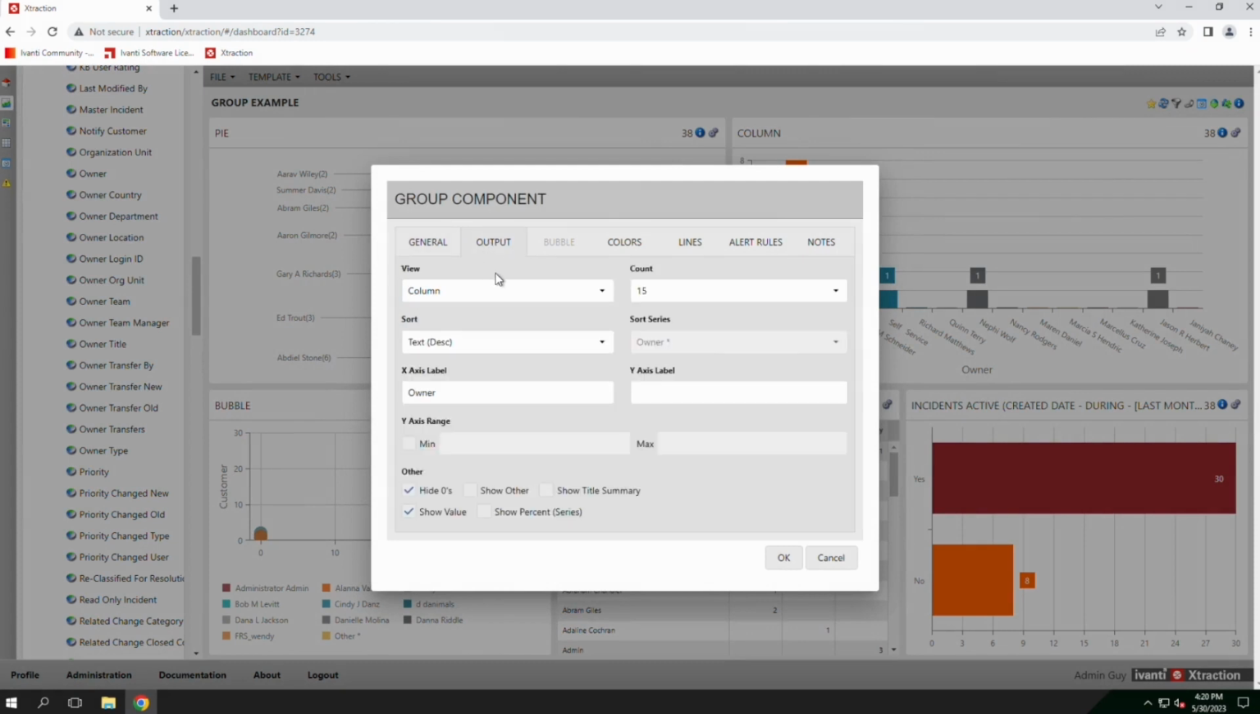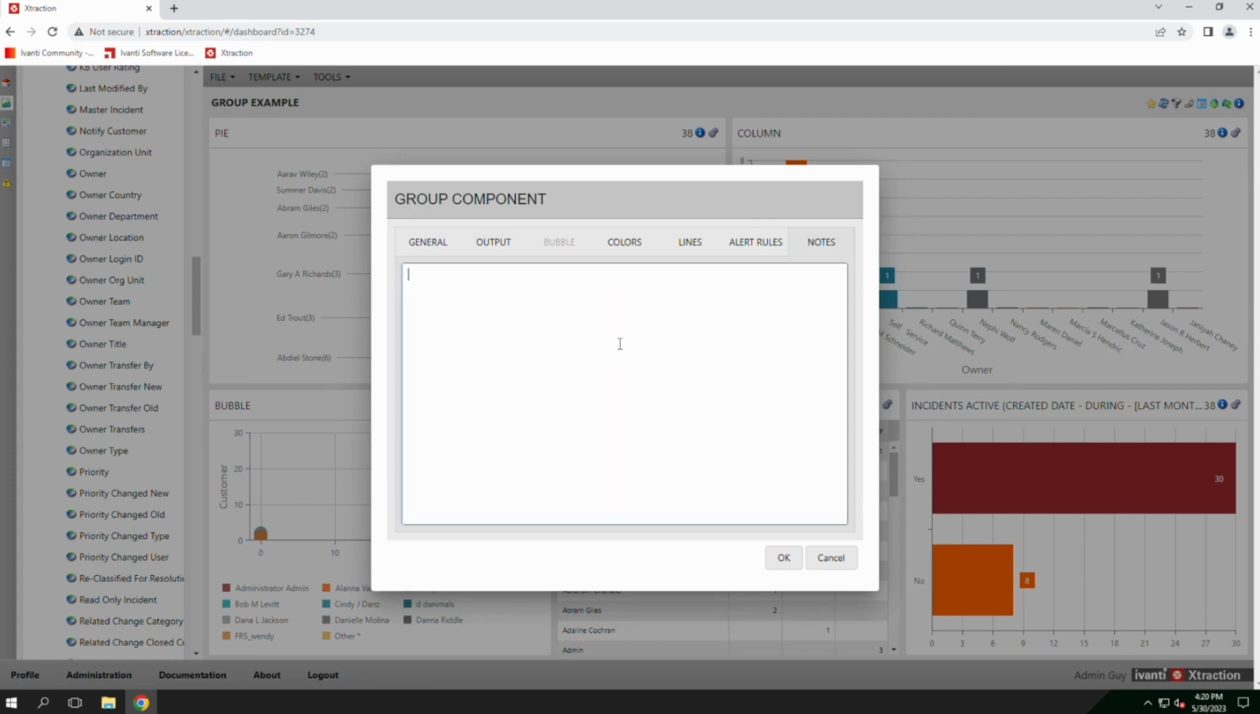Do that. We could put a line in there. We looked at that with the time components. We could put lines in there. The alert rules, we'll take a look at that one in another minute. Notes, if you just wanted to put in a specific note, we could say like this